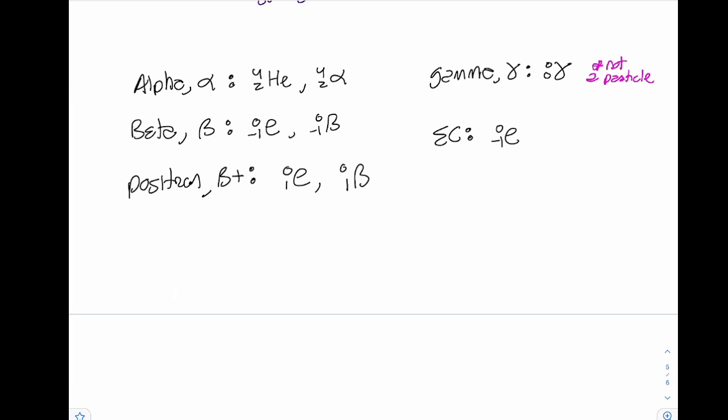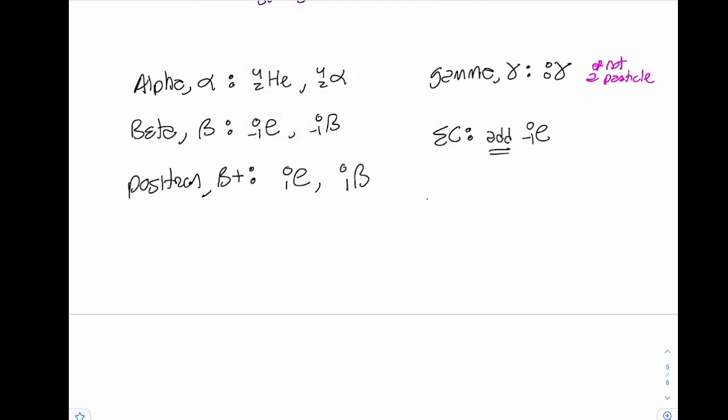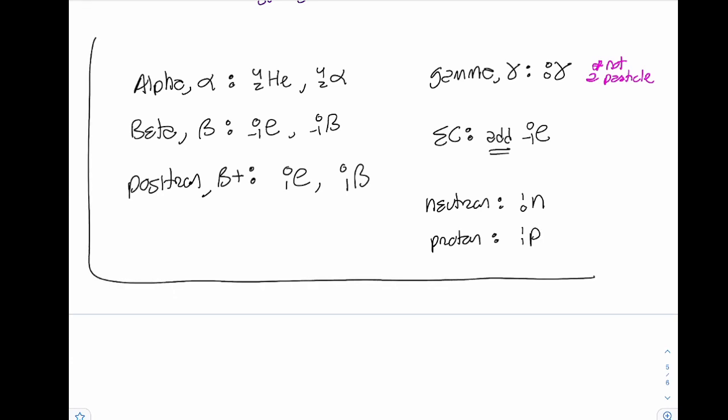I'm trying to think of a better way to make our little cheat sheet here. It's not really a cheat sheet, but our review here. Let's say we're going to add it. And then let's add, so we have it all in one spot, sometimes we need our symbol for our neutron. So that's going to be an N for neutron, and then a 1 and a 0, and then our symbol for a proton is a P for proton, and then a 1 for both of those. So types of